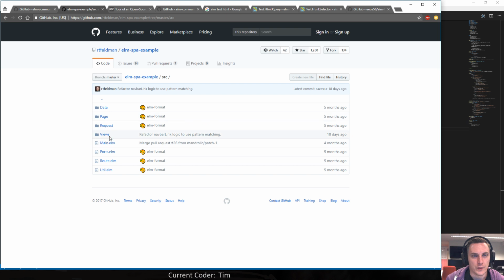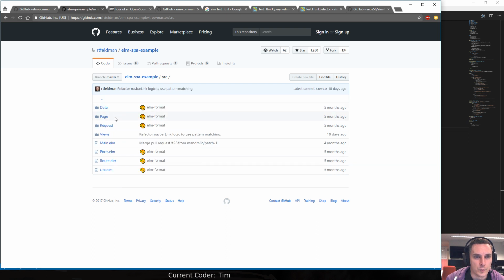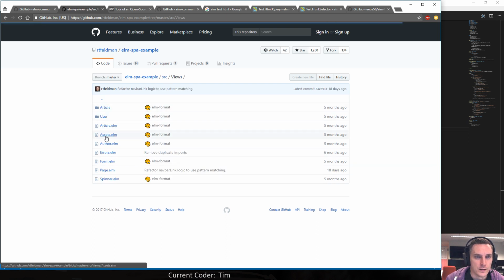But in here, there's already some cool information. He splits his files up into these 4 folders, and then he further splits those up as well. So in data is where you can find model stuff, I think.